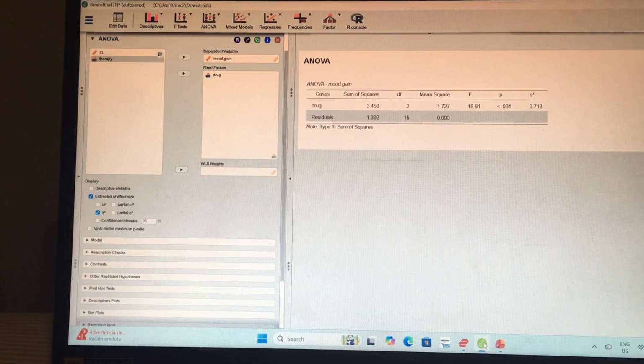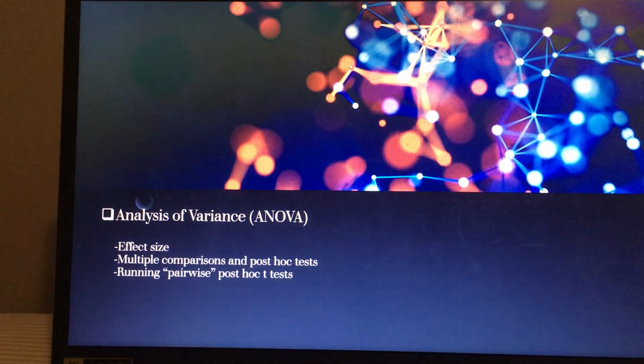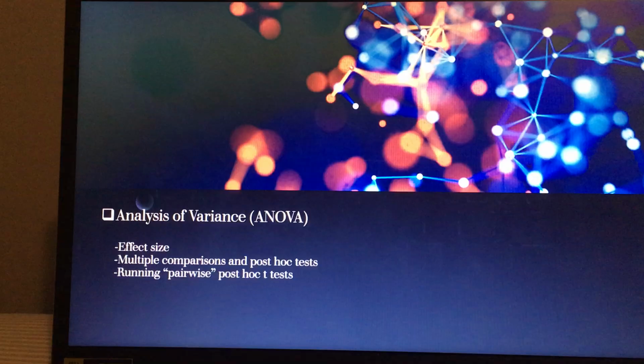So now we're going to look at the bottom of page 11. We're going to look at section 13.5, and we're going to look at multiple comparisons and post hoc tests. So anytime you run an ANOVA with more than 2 groups and you end up with a significant effect, the first thing you probably want to ask is which groups are actually different from each other. So in our